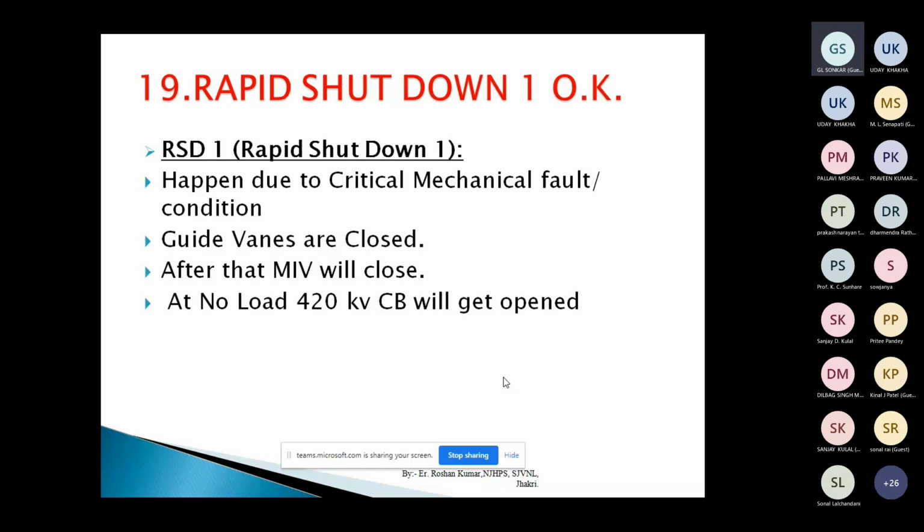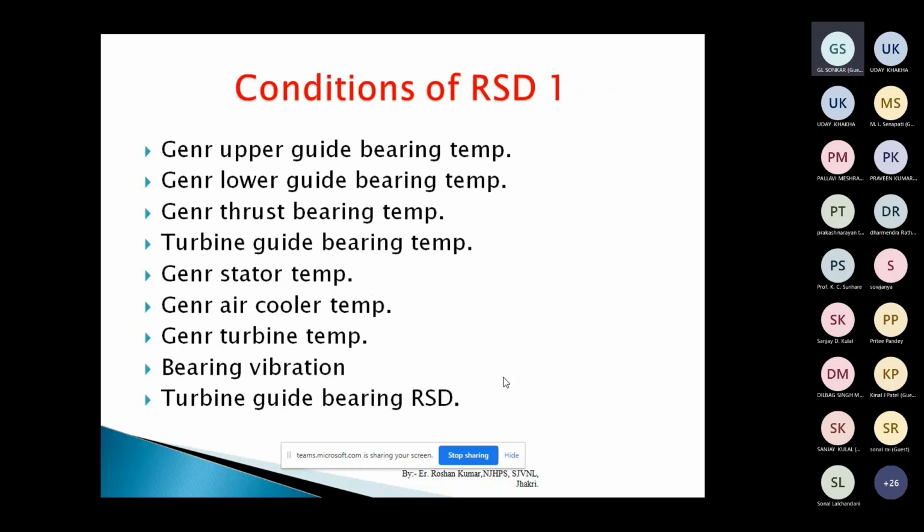Same, if it is an electrical fault, the breaker will be tripped. And these are the RSD. RSD means rapid shutdown. These are all the mechanical faults: upper guide bearing temperature, lower guide bearing temperature, thrust bearing temperature, turbine guide bearing temperature, generator parameters, all mechanical parameters: generator stator temperature, air cooler temperature, generator turbine temperature, bearing vibrations,